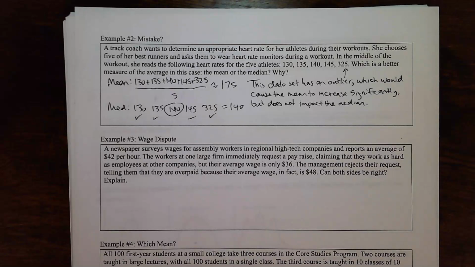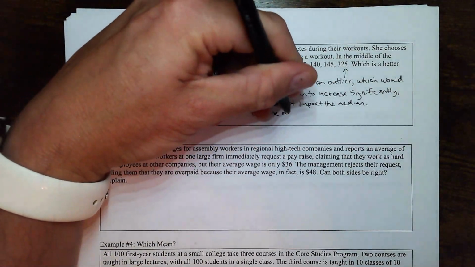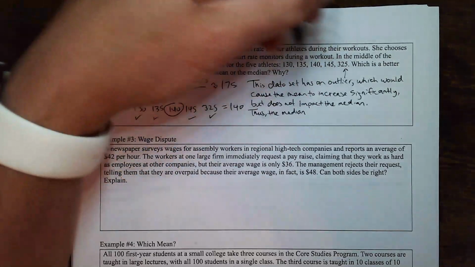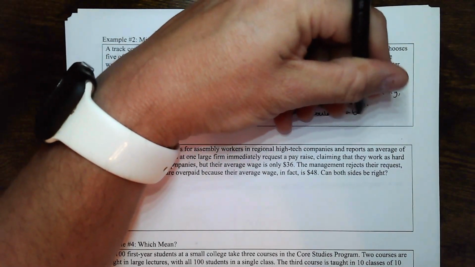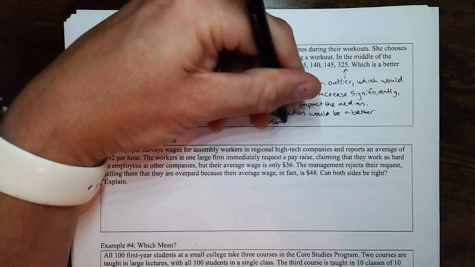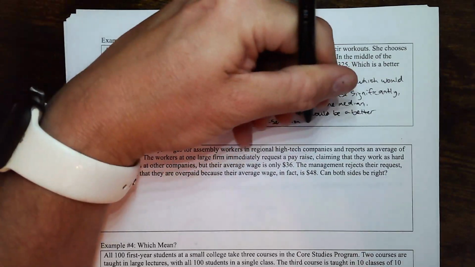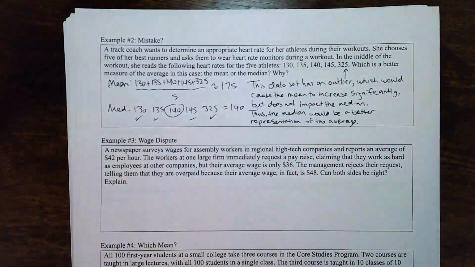So I would say that, thus, the median would be a better representation of the average in this case. There's going to be some cases where the mean's